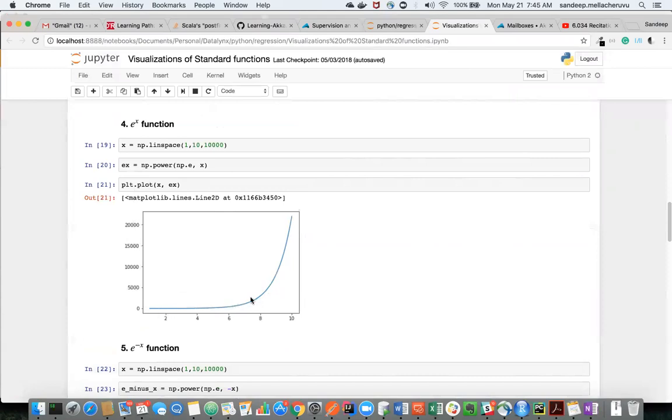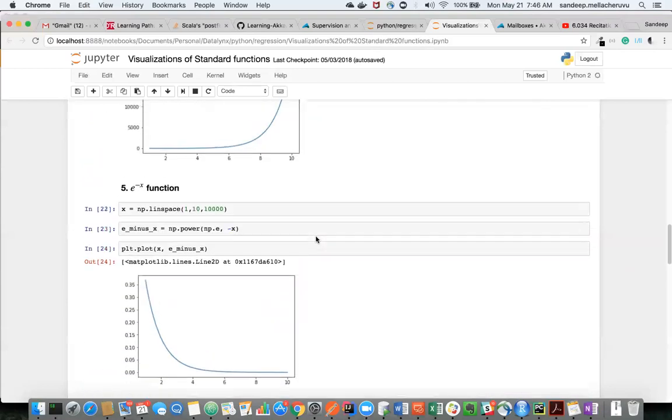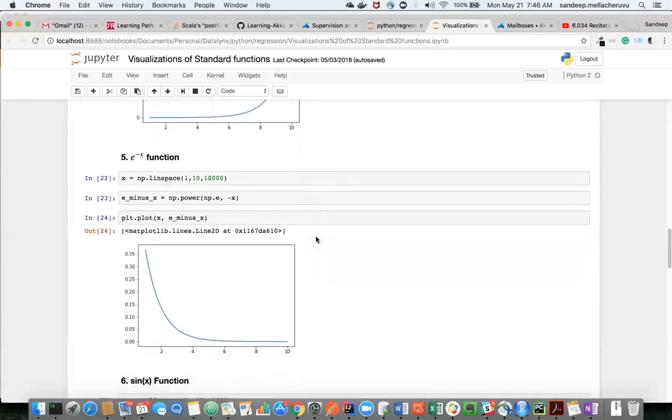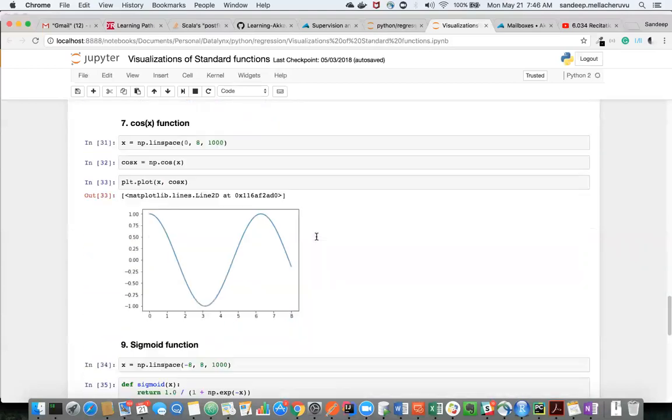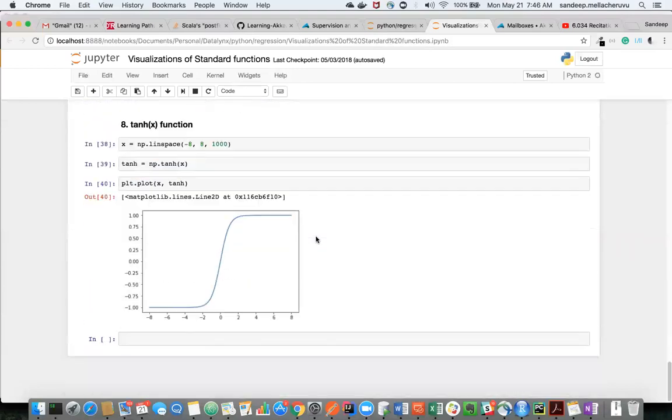The amount of growth it has after 6 or 7 is too much. On the y-axis it was like 5,000, 10,000, and it went up to 20,000 just from 6 to 10. So this is called an exponential curve, and you need to remember how each of these curves looks. That is the reason why I mentioned this about